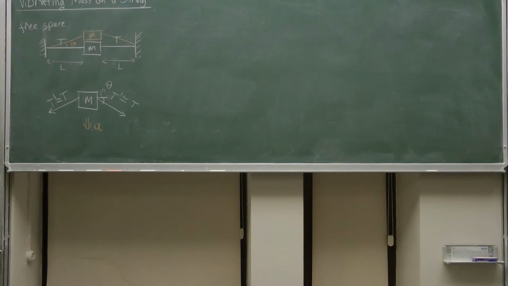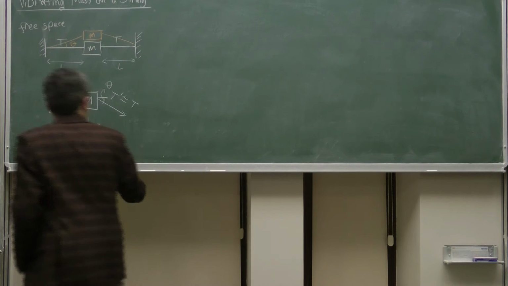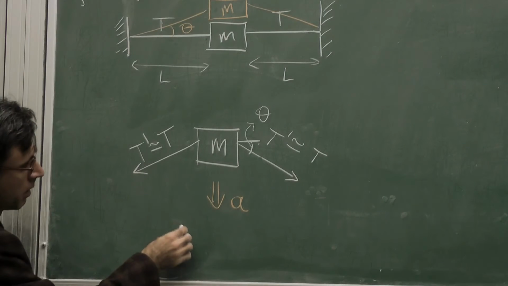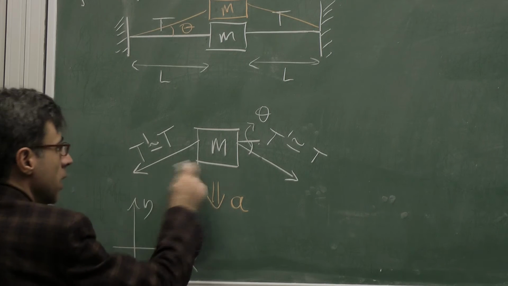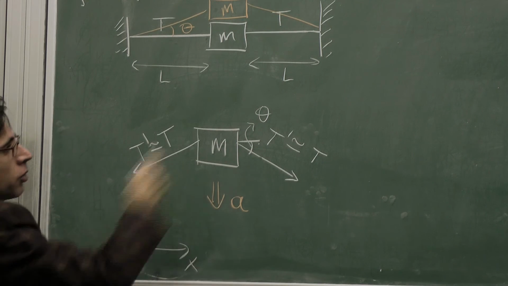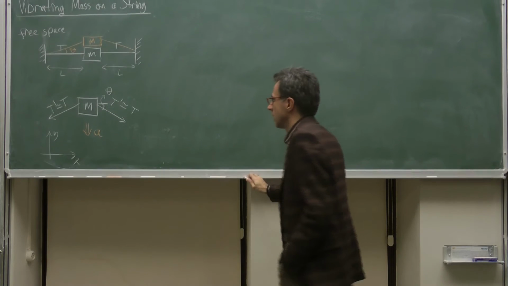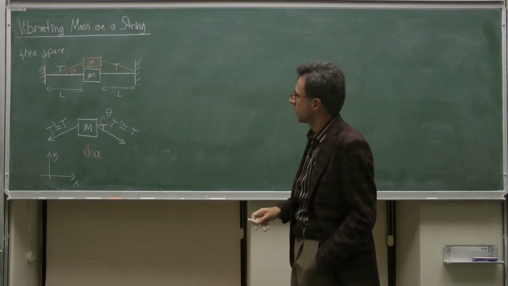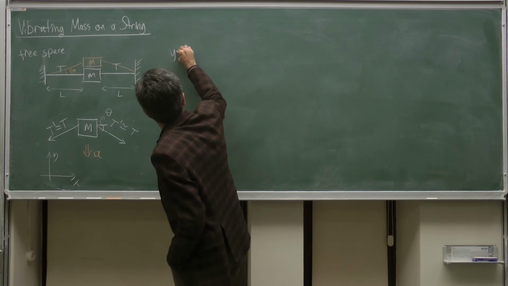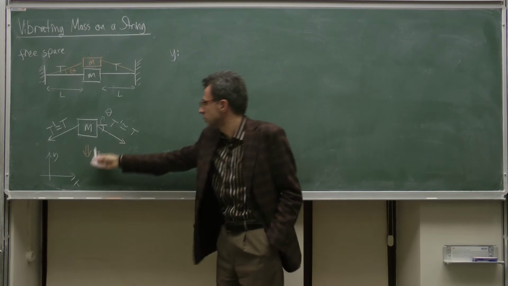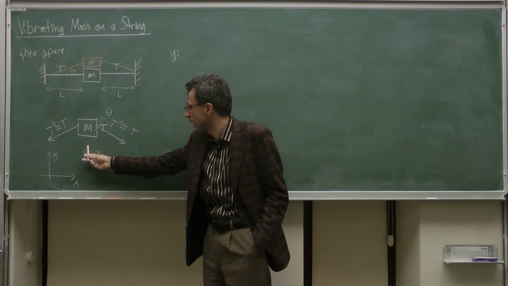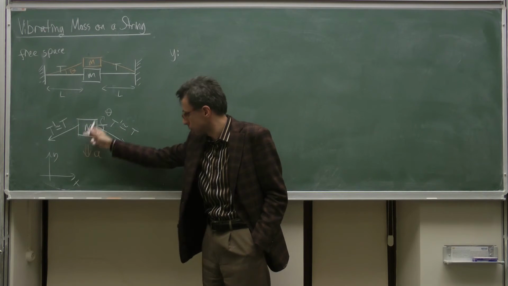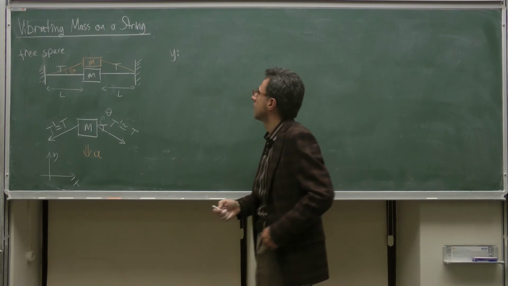So let's write the equation of motion according to this free body diagram. We need to define the coordinate system. If this is x, this is y. The system is disturbed upwards. The acceleration is in the negative direction. And the y component for the equation of motion, the acceleration is to the negative direction. The total force along the y-axis is to the negative direction. So I just omit the negative signs on both